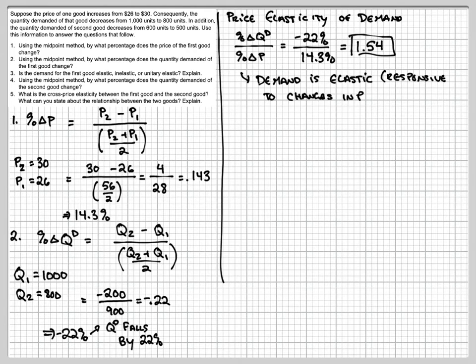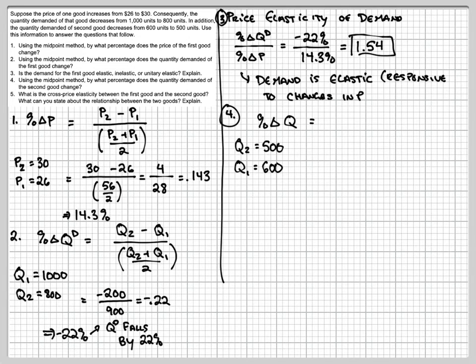So that was question 3. Using the midpoint method, by what percentage does the quantity demanded of the second good change? So the quantity demanded of the second good goes from 600 to 500. So Q2 is 500. Q1 is 600. So the percentage change in Q